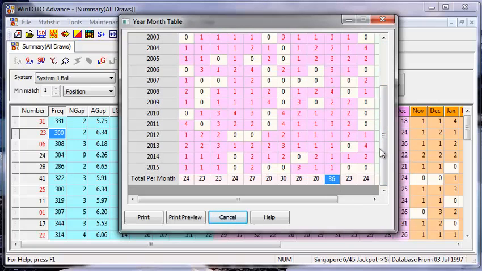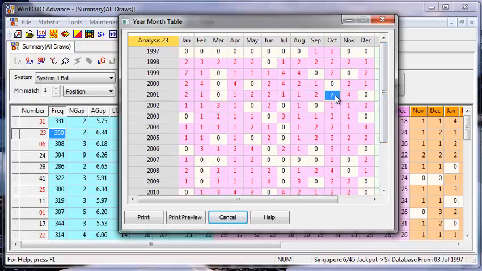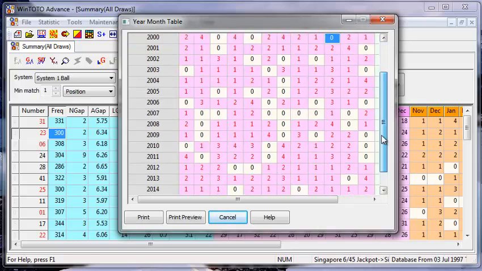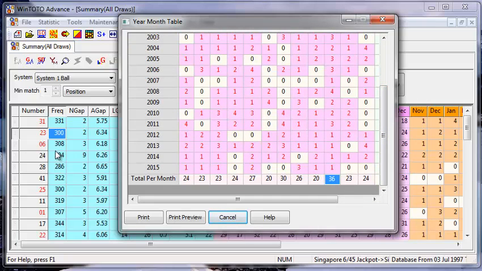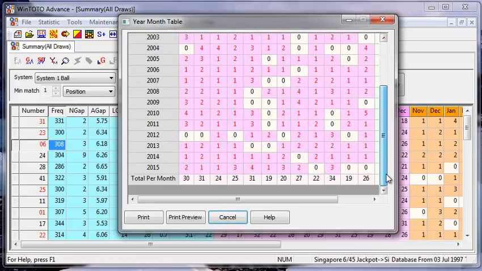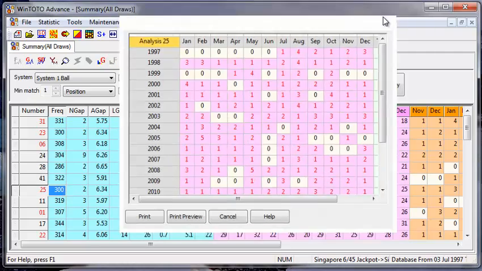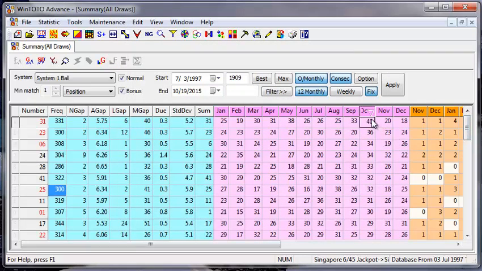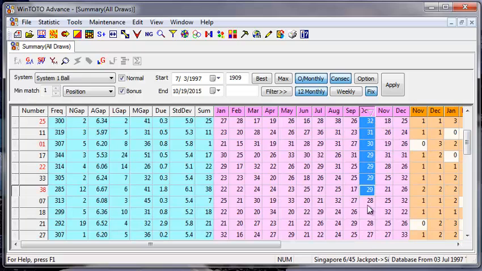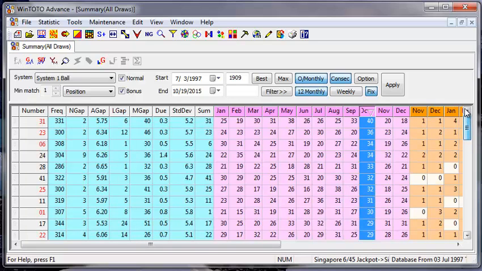So you must take note of this because these are all favorite popular numbers that always appear. For example, number 23 in the month of October appeared 36 times. As you can see, almost every year, except 2000, this number never failed to appear in the month of October. Then number 6 appeared 34 times in the month of October. So as you progress, you can see all these numbers are there for you. So if you were to take the top numbers all the way until number 38,